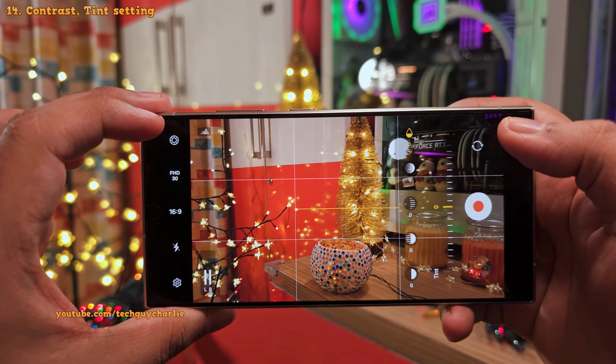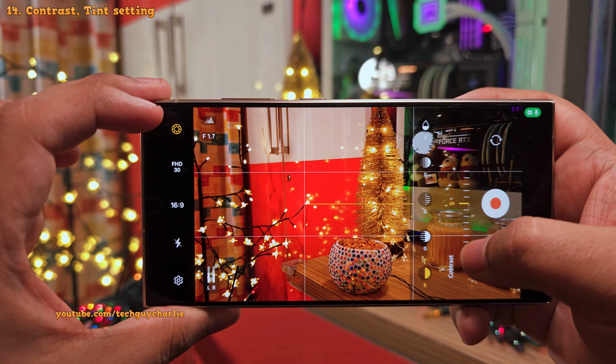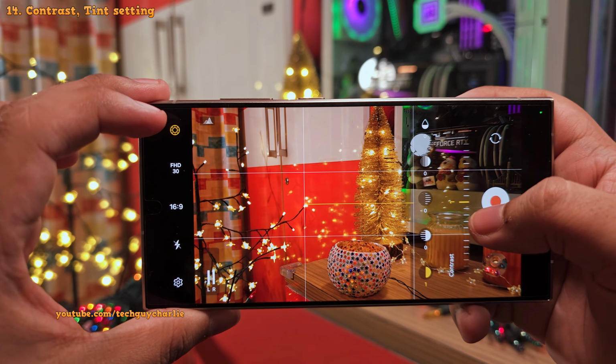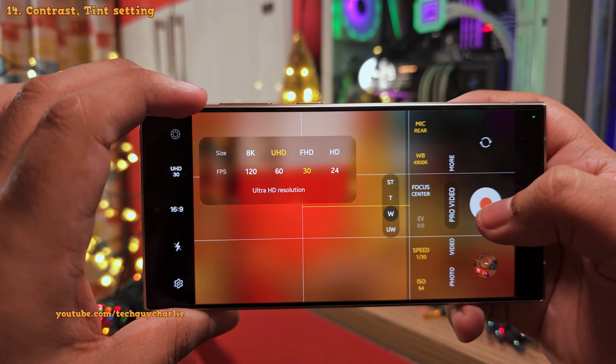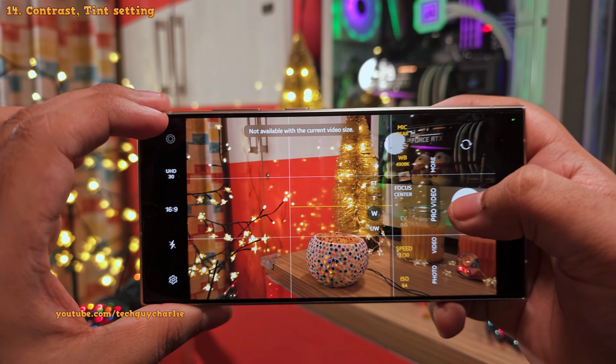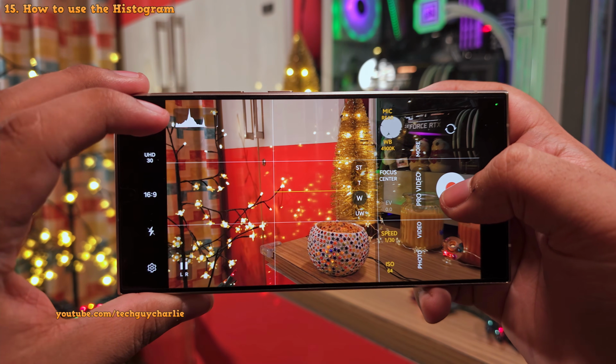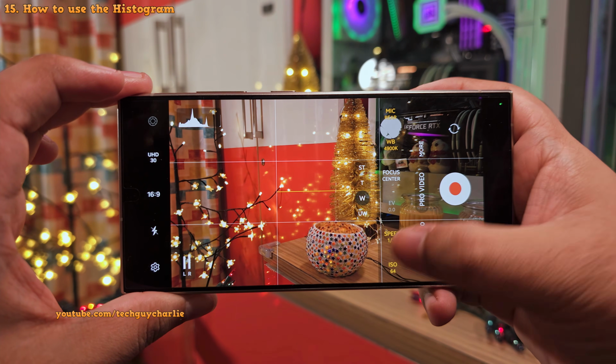I think the reason this is disabled is because the phone doesn't have enough power to tweak these settings when you're recording your videos in 4K. But it really doesn't matter because you can change all of these settings in any video editing app. And finally, tapping here will open the histogram, and looking at this you can figure out if your image is